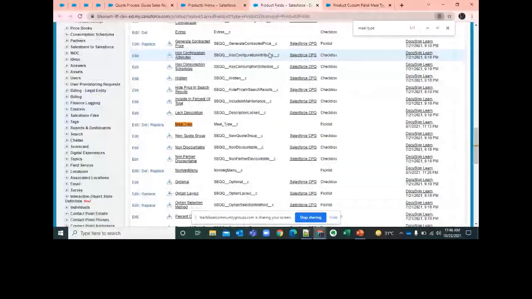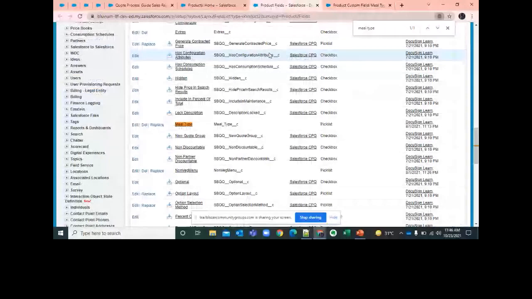Obviously, after getting the answer, okay, I'm looking for veg, you would need a next question, that is, what veg menu you are looking for. So I'll create two more picklist fields along with it, that is veg menu and non-veg menu. Again, they are picklist fields because I have lots of options here.